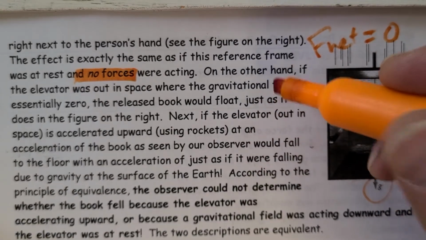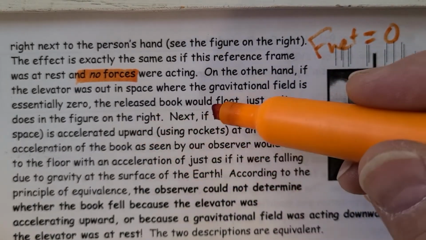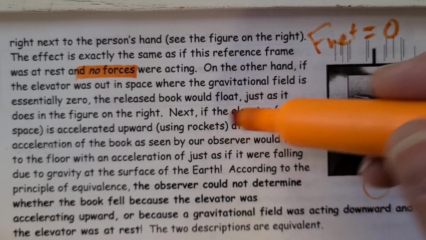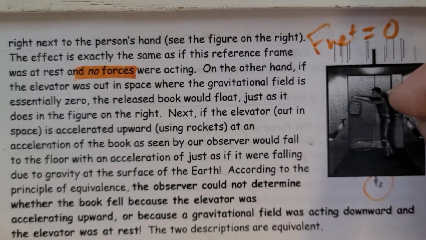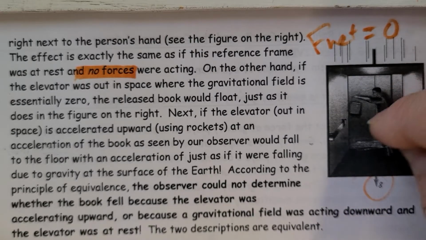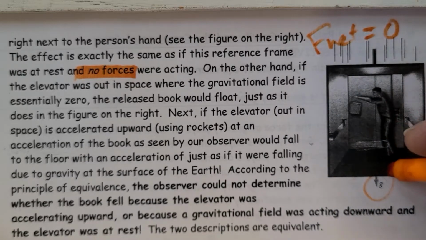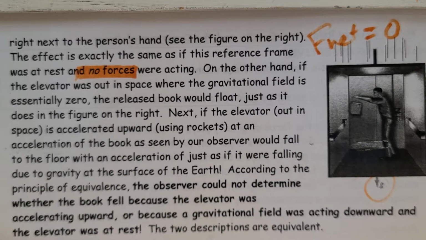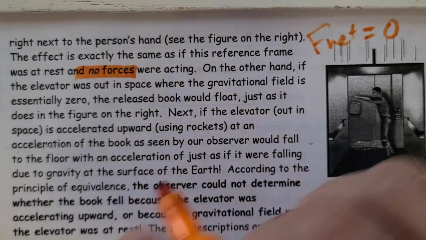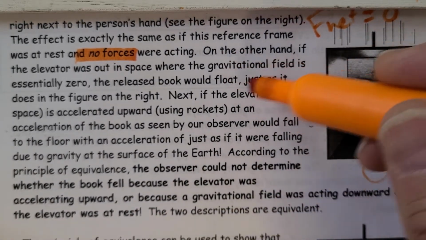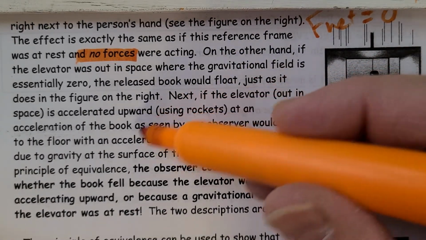Next, what if the elevator is accelerated upwards using rockets? So if it was accelerating upwards, the elevator would want to move up, and of course we would have inertia of rest. We'd want to stay on the ground, so the floor would be pressing up against us. And guess what? That would be simulating gravity. Interesting. So if the elevator was accelerating upwards